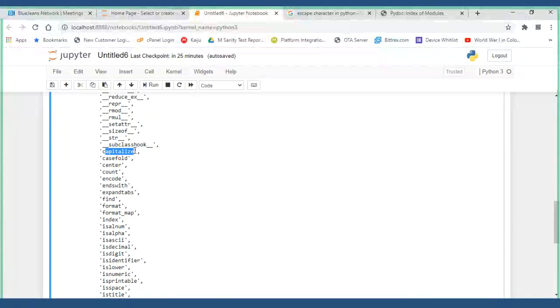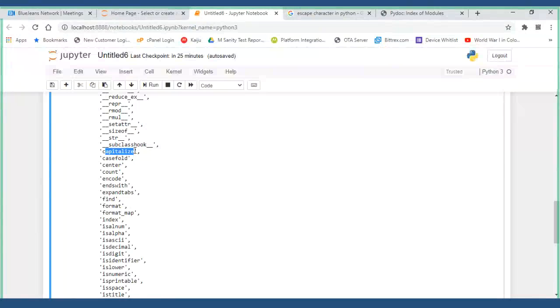String has an index. The same thing we use for lists, tuples, bytes and byte arrays. For a few of those data types, we can add using append. Am I correct or not? Using the index value, we can append. You can directly write a dot append of what you want to append. If you want to add, a dot add of, or a dot remove, like that.